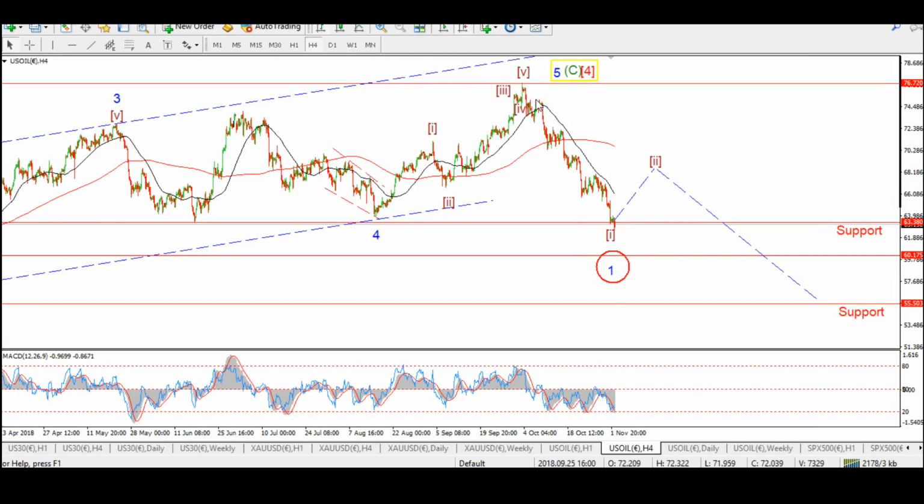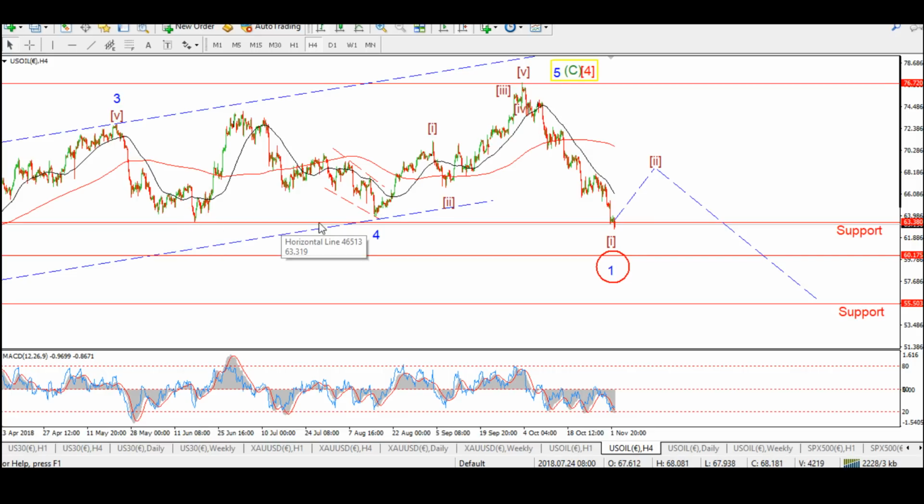Enough rambling. I think we've got more or less wave 1 complete, and again, it's just as viable to count this as wave 1 at one higher degree. So suffice to say that we've got a wave 1-2 pattern underway here, with wave 1 down more or less pretty complete at the moment. And it does add weight to the bearish outlook, given the fact that today's lows again broke below the previous